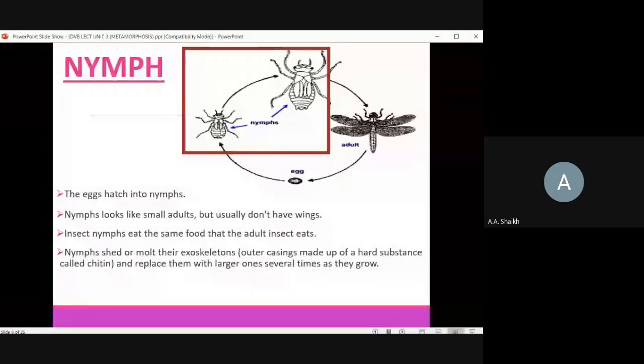उसके साथ साथ निम्फ जो है वो सेम फूड मटेरियल यूटिलाइज करता है जैसे कि अडल्ट इंसेक्ट्स यूटिलाइज कर सकते हैं, बट निम्फ की एबिलिटी नहीं है कि वो फ्लाई कर सके, वो विंग्स नहीं होने की वजह से वो फ्लाई नहीं कर सकता। और निम्फ्स में जो है मोल्टिंग हमें दिखाई देने को मिलती है, और निम्फ की मोल्टिंग जो है उसकी पूरी लाइफ साइकिल में,